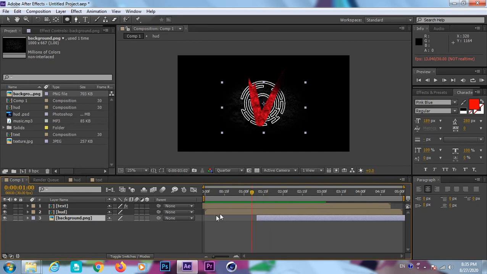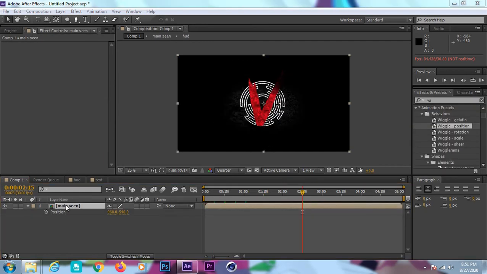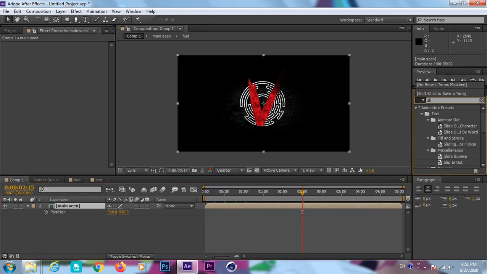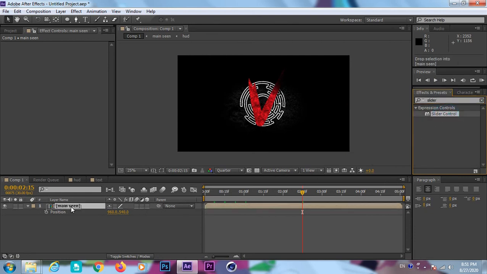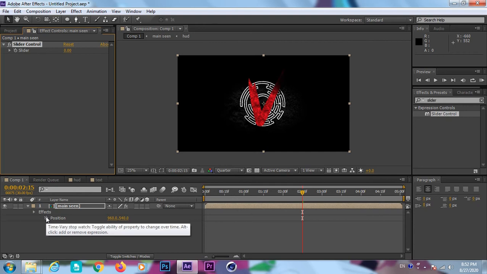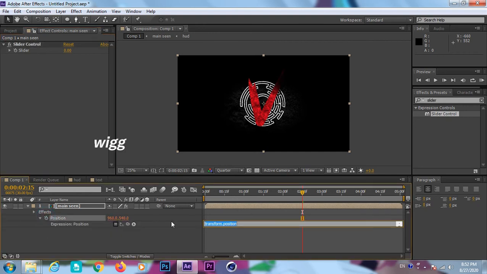I'm not doing this here because in the trailer they have shown a little bit of decrease in the opacity, around 70%. I'm not showing it here. Now I select this slider control. You can type it in the effects and presets menu and you can select it.